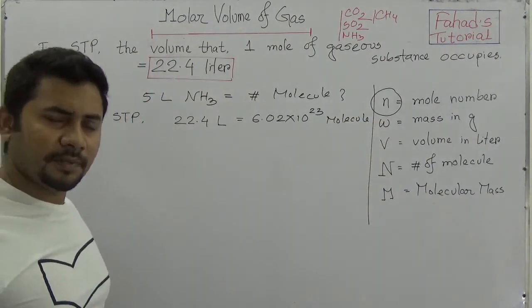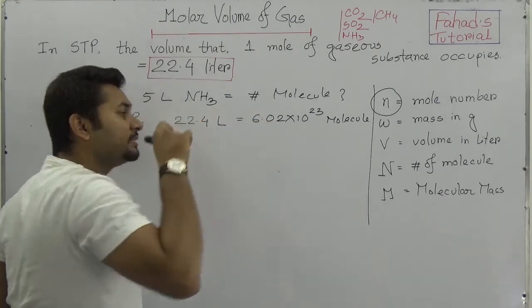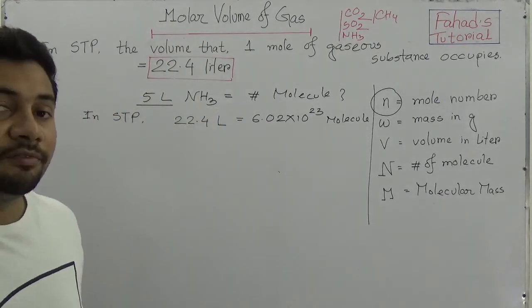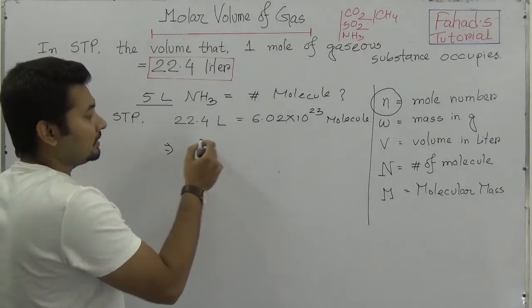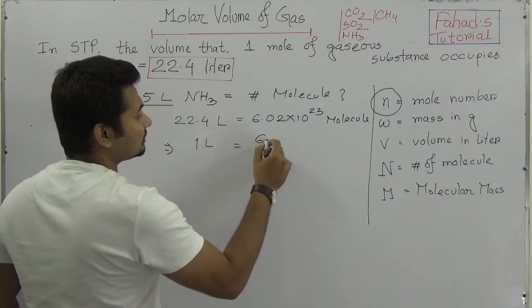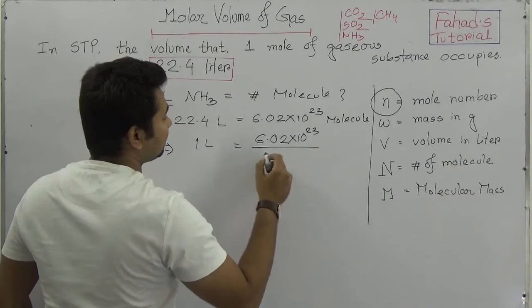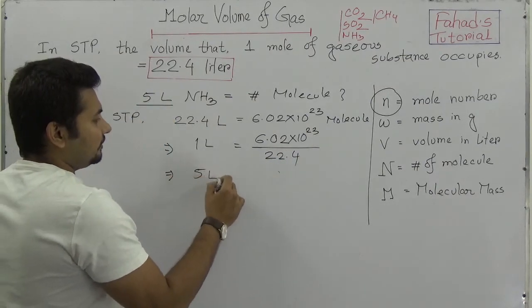Okay? So now you think, if 22.4 liter contains this amount of molecules, how many molecules will be contained by 5 liter ammonia? So you think about it like this. 1 liter is 6.02 times 10 to the power 23 upon 22.4. So 5 liter